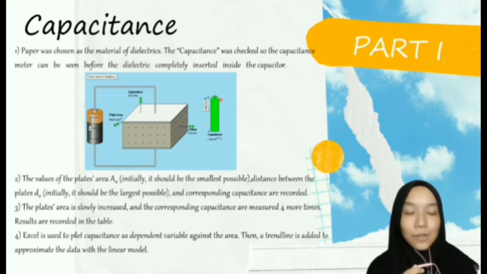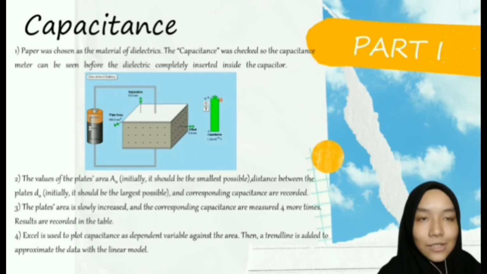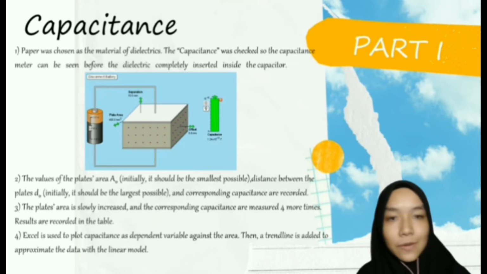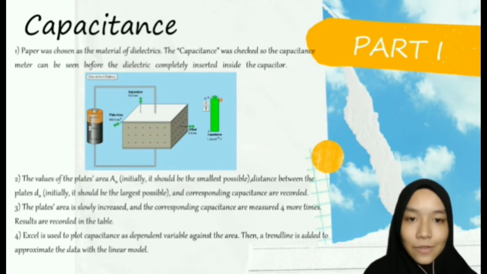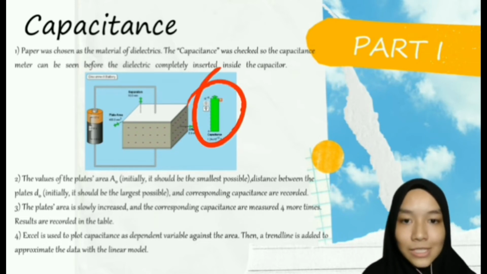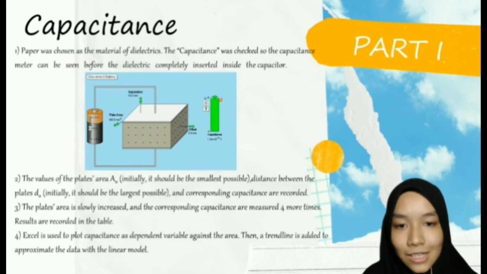There are two parts for the procedure. One is capacitance and two is the effect of dielectric on the capacitor. I will start with part 1 of the experiment. First procedure: paper was chosen as the material of the dielectric. The capacitance was checked, so the capacitance meter can be seen before the dielectric is completely inserted inside the capacitor, like